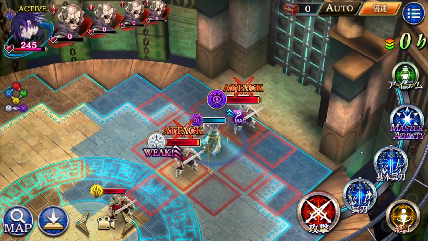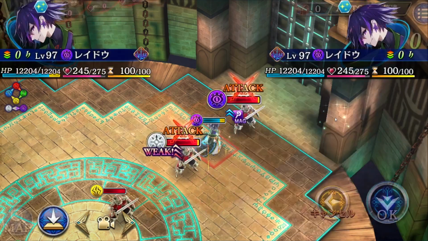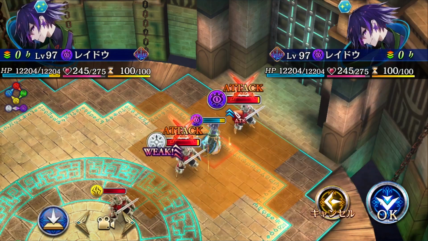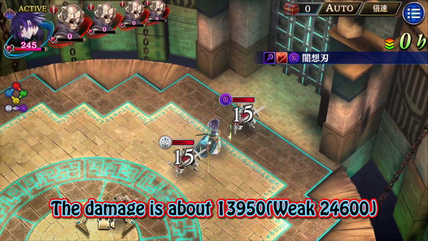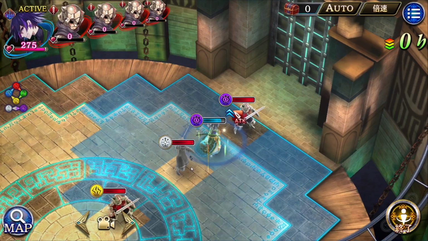And lastly, I'm going to use the area attack, this one. Let's see how much the damage increases, especially on the light unit. Ooh, 24k and with the stone status. Interesting. Okay, next is...